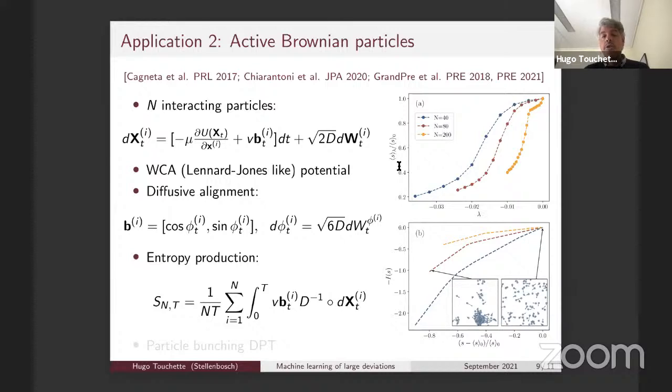This is now the derivative of the scaled cumulant generating function. We know that the derivative of the scaled cumulant generating function psi of lambda gives you the typical value of the entropy production for that lambda. So it gives you the fluctuation value by tweaking the inverse parameter lambda here. These are the curves, and then by the Legendre transform, we can calculate the rate function, which I show here with the minus sign, so it's actually upside down. So we have the typical behavior here, and then we have the rate functions for the different particle sizes.